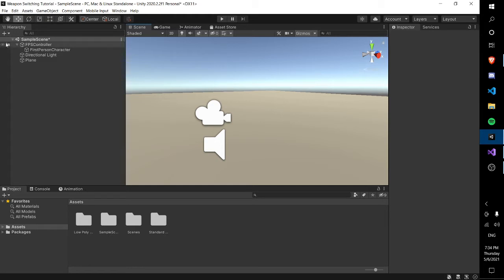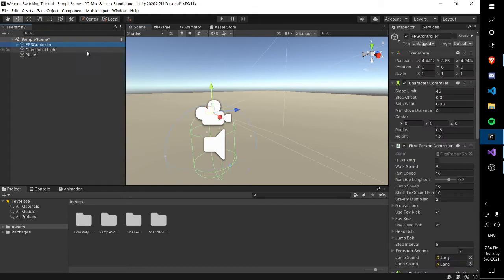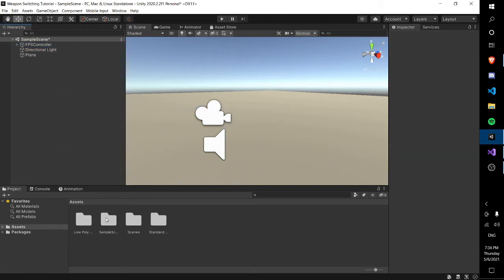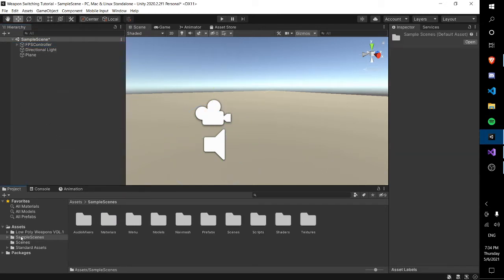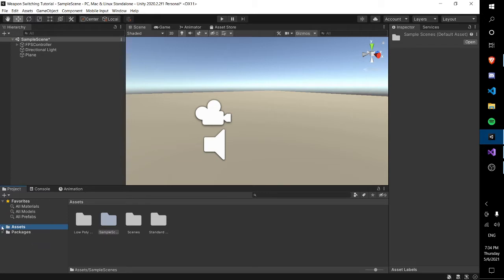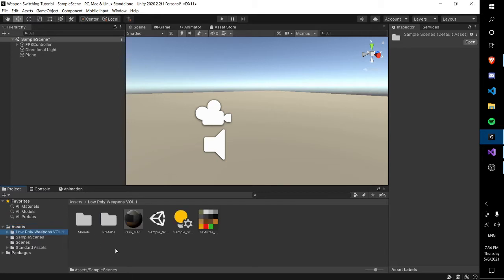So the first thing you're going to want in this scene is an FPS controller, obviously, which we will find in the sample assets. I will link in the description below where to get this asset. And for the weapon, if you have your own models, you can use that, but in my case, I will be using the Low Poly Weapons VOL.1 asset that you can find on the asset store, which I'll also link